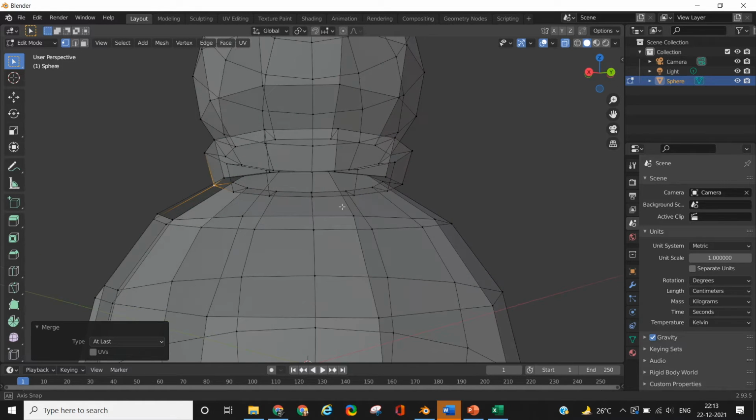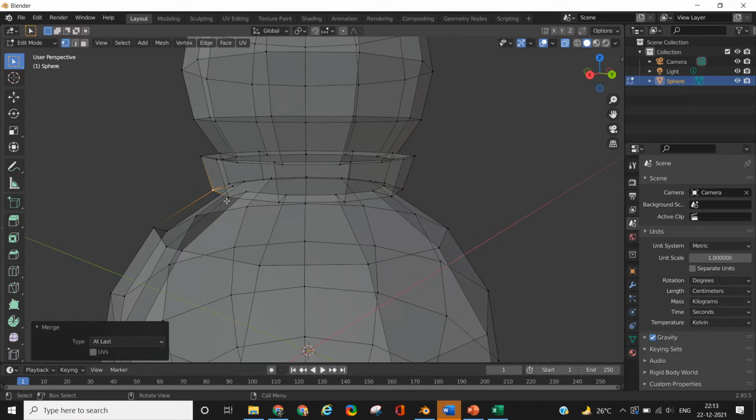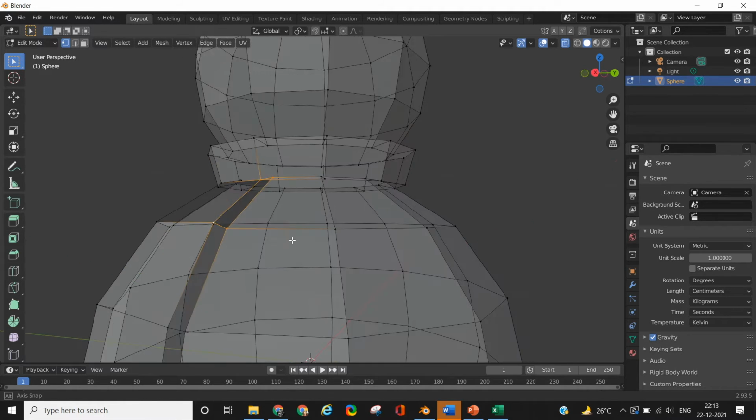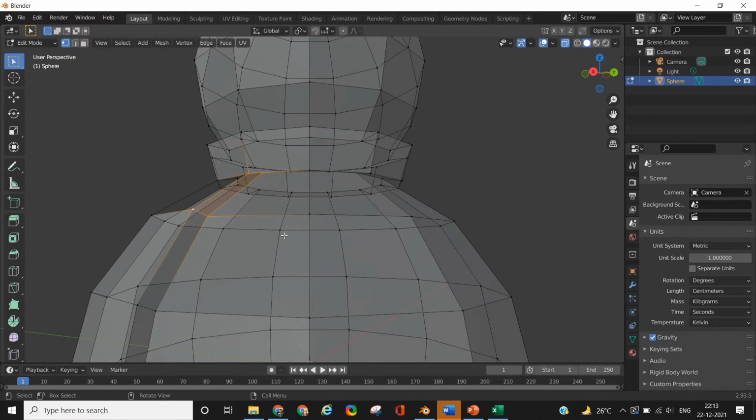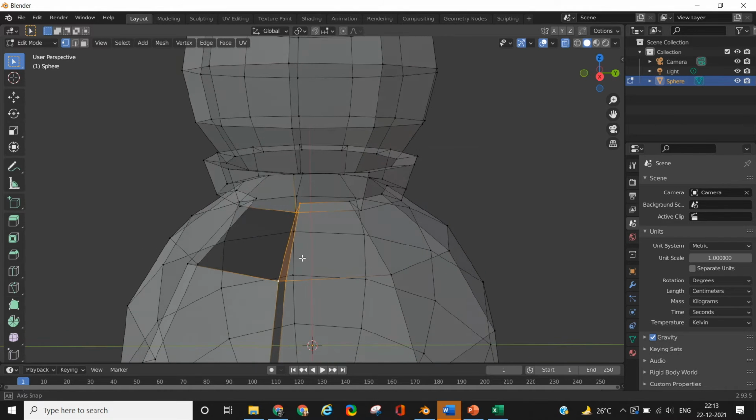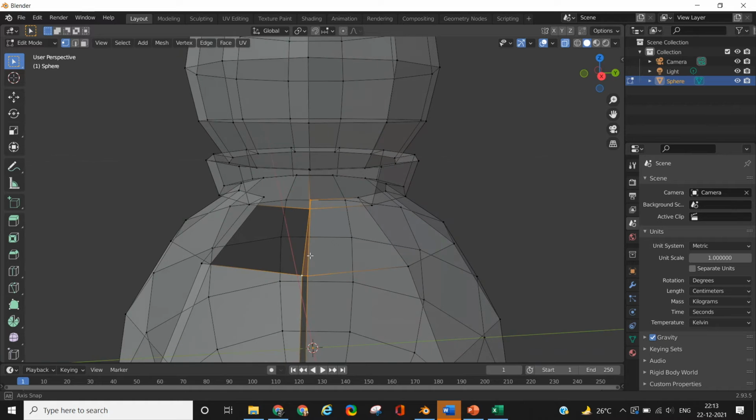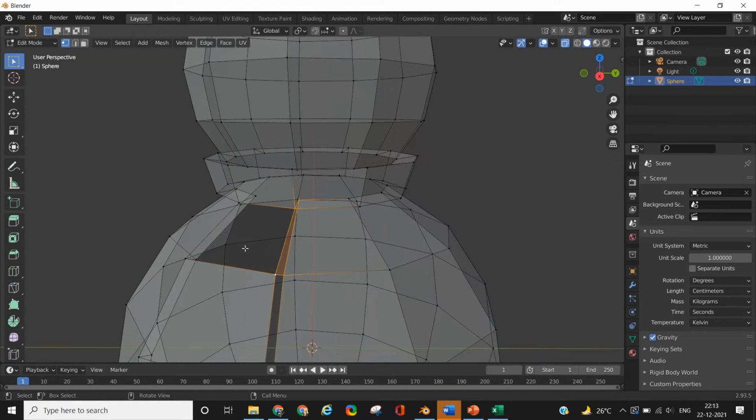Now that our vertices are at the right place, all we need to do is recreate the faces by selecting the respective vertices. So for each of the faces, carefully select the 4 vertices that are forming the face and press F on the keyboard to create a new face from the vertices. Similarly do it for the other 3 faces also.